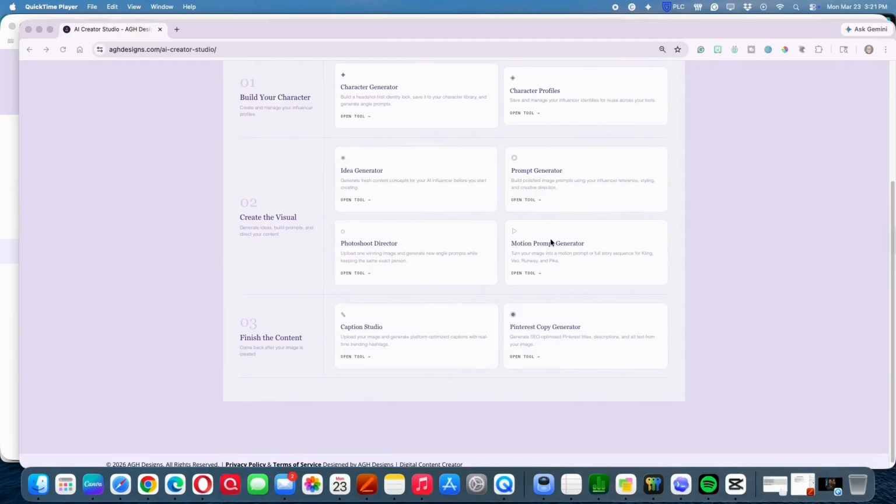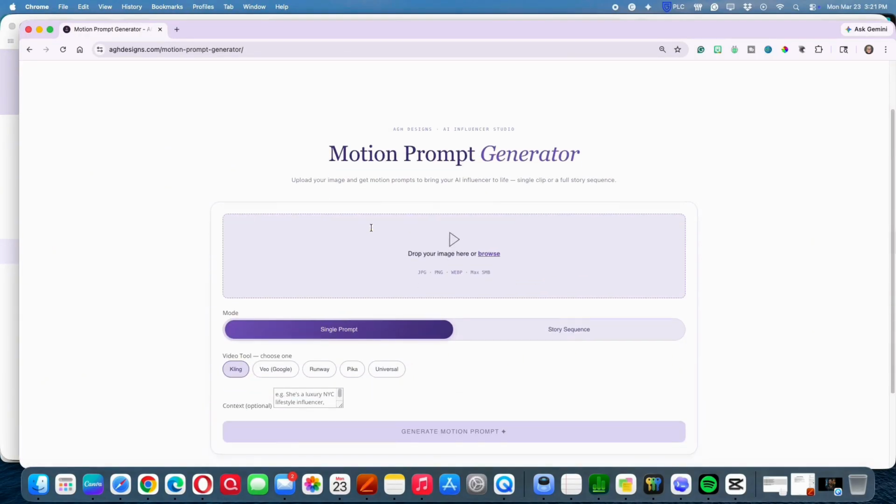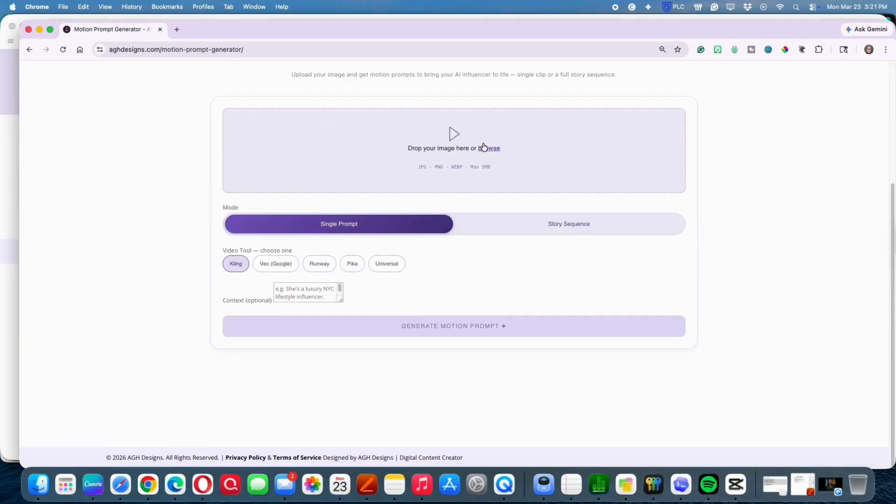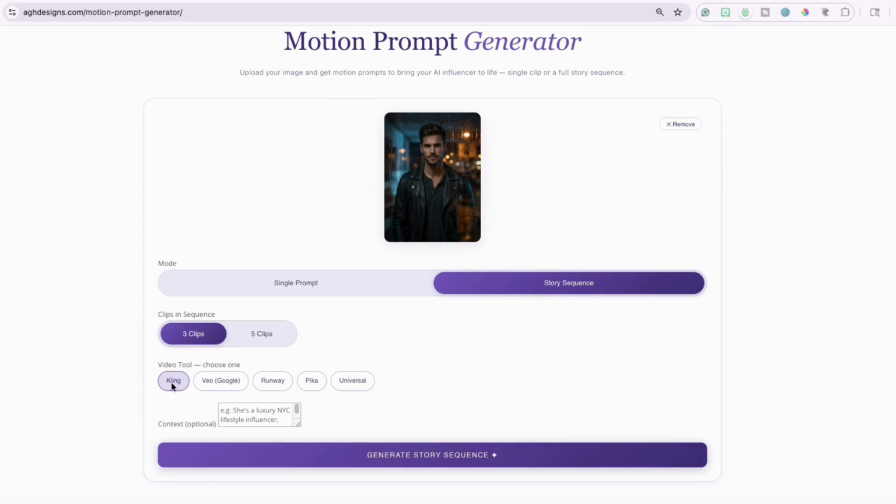Let me show you how I created that with my motion prompt generator. I was having trouble figuring out what my avatars could do, so I created this generator where I upload an image, and the image that I used was this one of the man looking out the window with the raindrops. I selected a story sequence with 3 clips, and I'm going to use Kling. And then I basically just hit generate story and let the system go ahead and analyze the photo and give